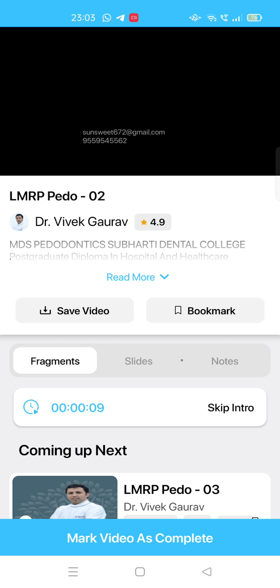So the first thing that you need to remember in terms of pediatric endodontics is that it is different from the permanent teeth in terms of the pulpal differences that we generally study between the primary and the permanent teeth. The important questions related to the pulpal differences between the primary and the permanent teeth that are regularly asked in the exam, the first is related to the accessory canals. You always need to remember that in the case of the primary teeth, the accessory canals are located in the furcation area.